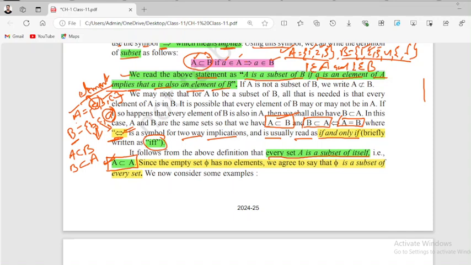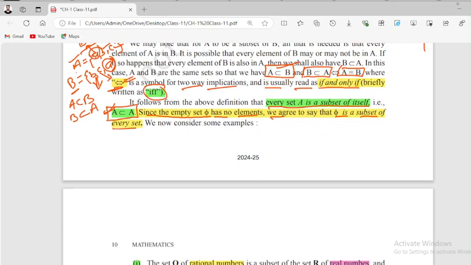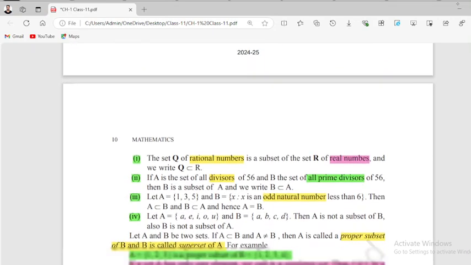Since the empty set phi has no element, we all know about the empty set. Empty set doesn't have any element. So we agree to say that phi is a subset of every set. These are two important points which are very helpful to understand some of the problems we solve related to